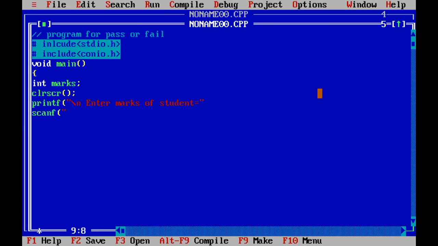Marks is an integer value variable, so I will use the percentage %d format specifier, comma, address operator ampersand, marks. I will write the same variable name which I have declared, so don't change the variable name. Marks is over here and marks is already declared over here.